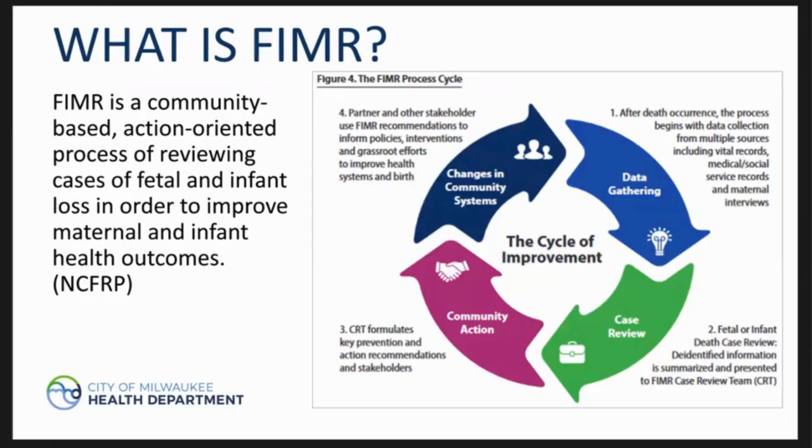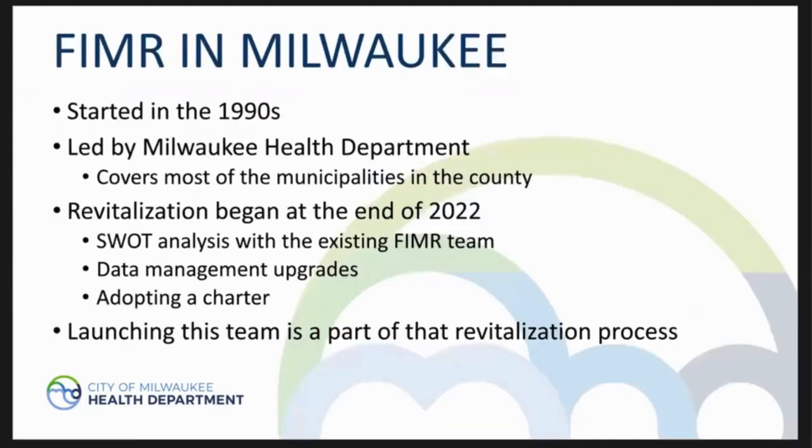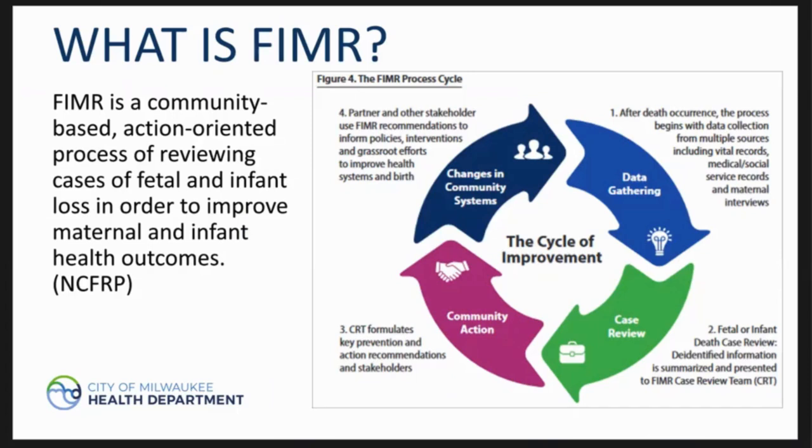And so it's on the screen there. This is a definition from an organization called the National Center, which supports fatality reviews nationwide. It is a community-based, action-oriented process of reviewing cases of fetal and infant loss in order to improve maternal and infant health outcomes. So I do like to try to put both in there, that fetal and infant. So we do think about stillbirths as well as the infant deaths,